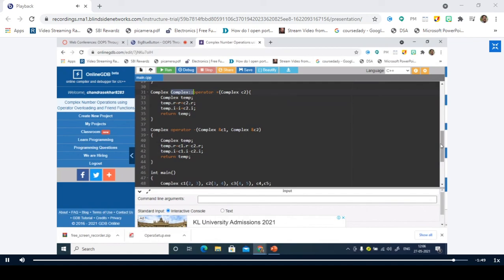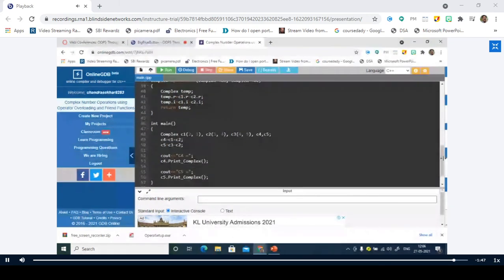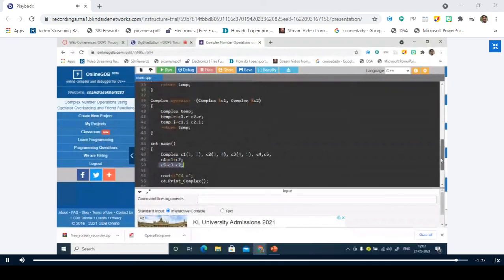Now, a very simple thing. I'm taking three objects: C1 is 2, 3, C2 is 3, 4, and C3 is 4, 5. C4 is equal to C1 plus C2. C5 is equal to C3 minus C2. What does C3 minus C2 mean? It is going to call the operator function. Since I have overloaded this binary operator minus using the friend function, this function will be executed.